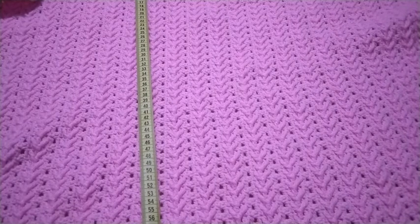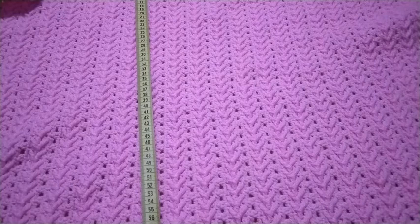which means I'm about 2/3 in length, because I think I want it to be a rectangle, that the width is about 2/3 of the length. So yeah, I still think I will need about 40 centimeters. I'll see what it looks like when it gets 100 centimeters, so about 40 inches. So I'll have a look then if I like the proportions of it, if it's rectangular enough. But yeah, for now it's